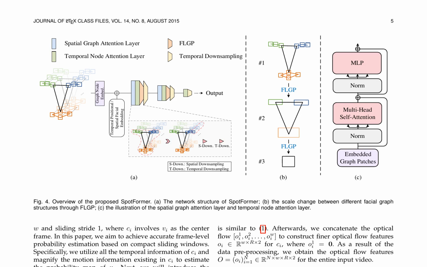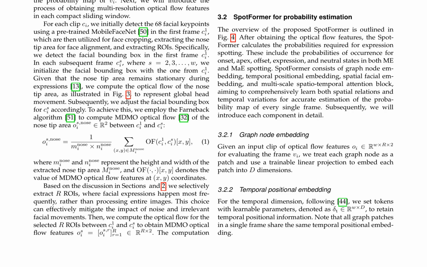The model processes these features through graph node embedding, temporal positional embedding, spatial facial embedding, and multi-scale spatio-temporal attention. The graph node embedding step embeds each patch into d dimensions using a trainable linear projection, while the temporal positional embedding step retains temporal positional information using learnable parameters. The spatial facial embedding step introduces learnable facial part tokens to the graph nodes, enabling the model to understand the overall spatial facial structure. The multi-scale spatio-temporal attention block extracts both coarse and fine feature representations across different scales,